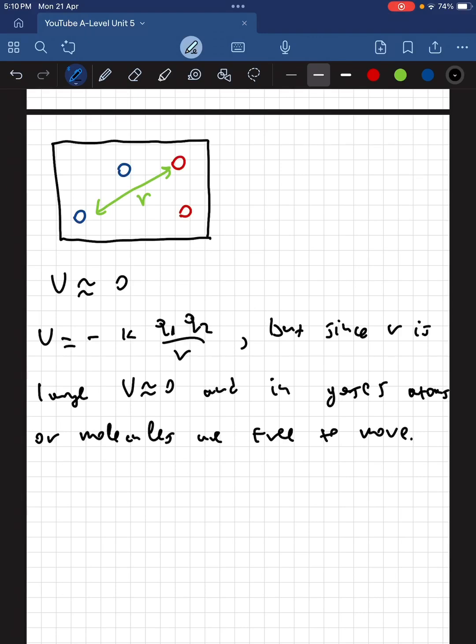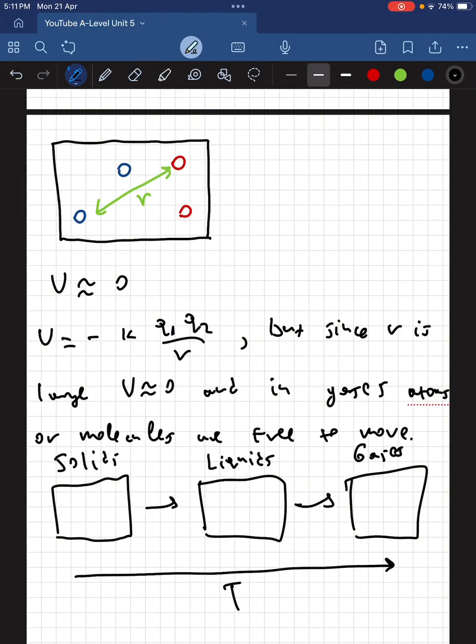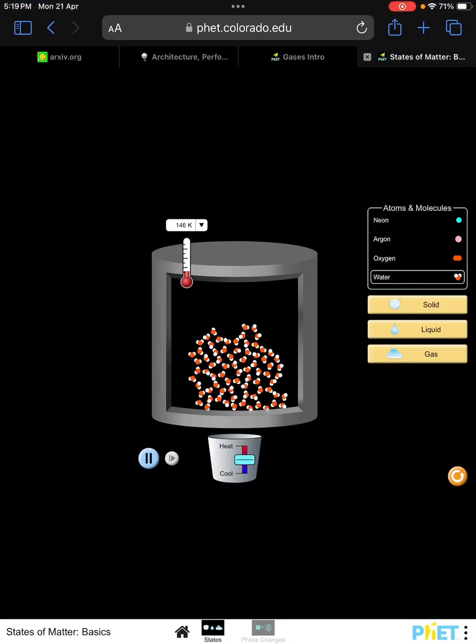Okay, so that's the situation. And also we silently assumed that in going from solids to liquids and then gases, we increase the temperature. So the temperature increases as you go from a solid to a gas. We haven't done this in a while, but let's see these phases, as they call them, of matter using